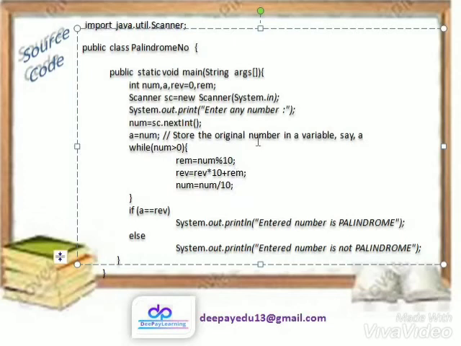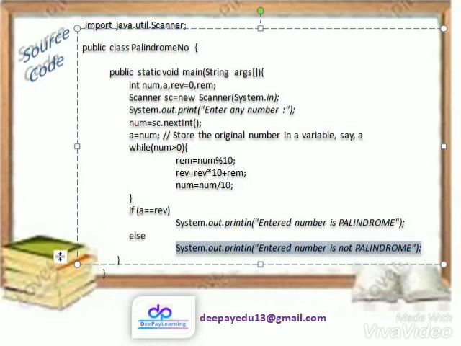After completing all the iterations, we will compare the value: if a, which is the original number, a variable in which we store the value of num, equals rev, then we print System.out.println entered number is palindrome, otherwise, that is else, System.out.println entered number is not palindrome.